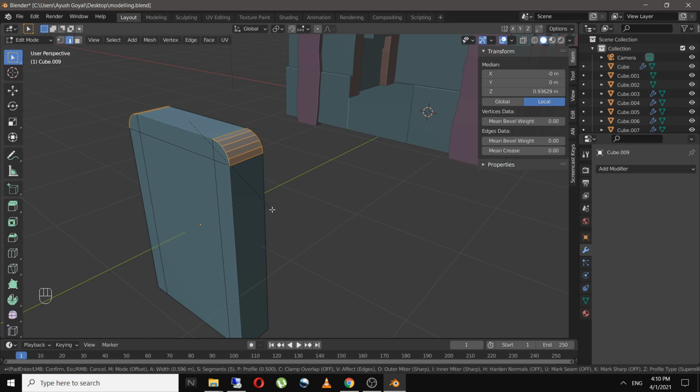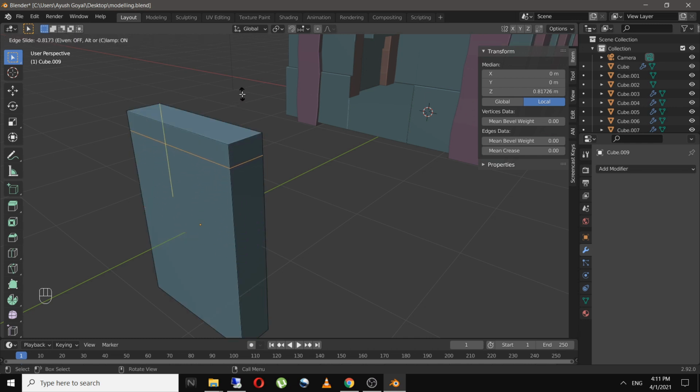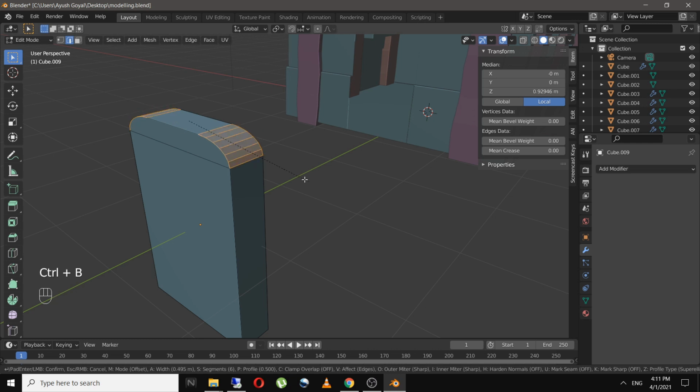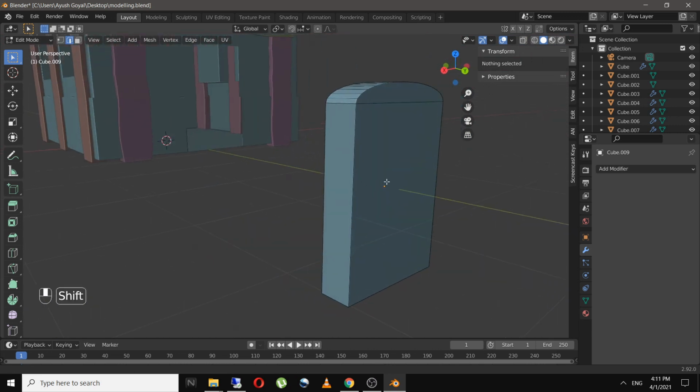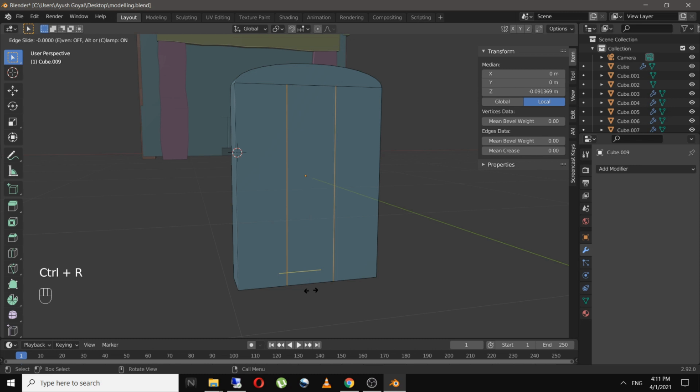And as you can see, these two edge loops are preventing me from beveling more. So I will delete these two edge loops and first add in this one and then select these two edge loops, something like this. Bevel them somewhere over here. Okay, this looks good. Now I will add in the two edge loops, scale them on the X-axis somewhere over here,